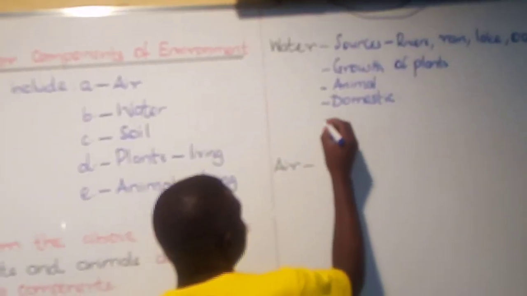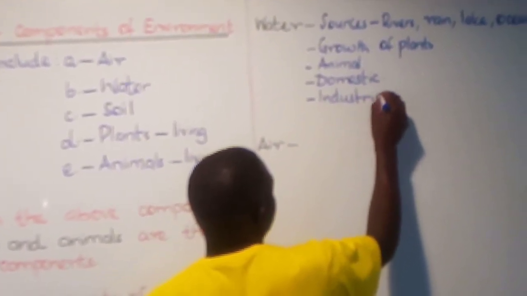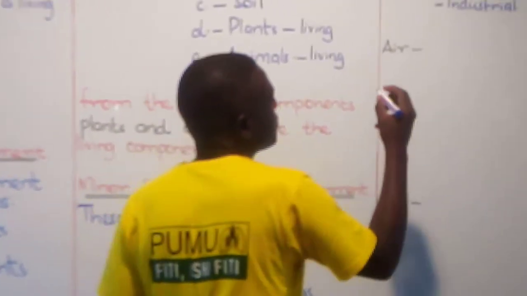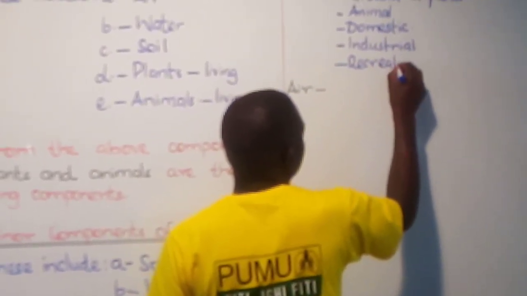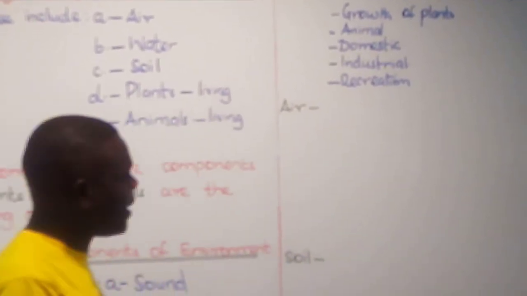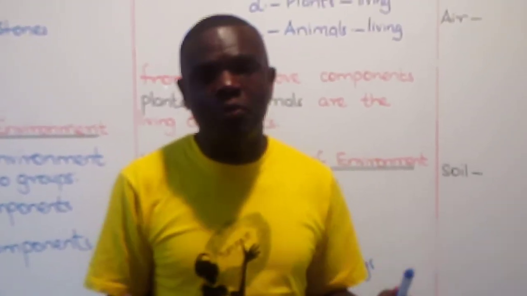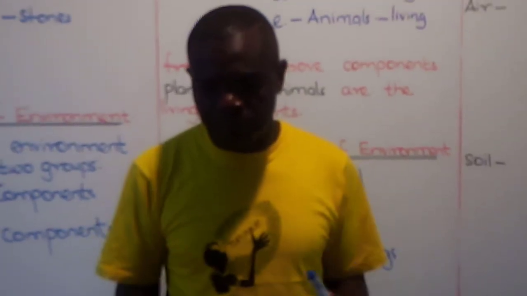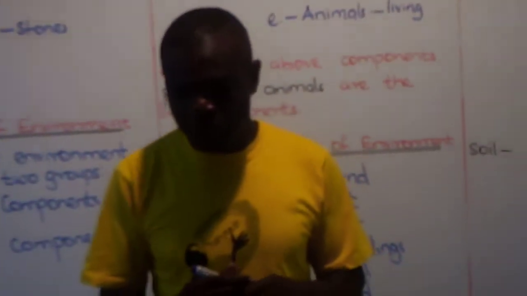Industries use water for running machines and cooling machines. So that is industrial use. Do we use water also for recreation? Recreation is a very important part of our environment. So we need it for skating, sport, fishing, those are activities. Water skiing, sport fishing, swimming, those are recreation activities.